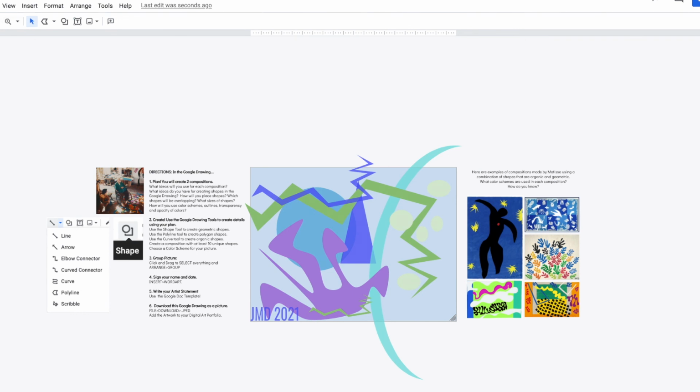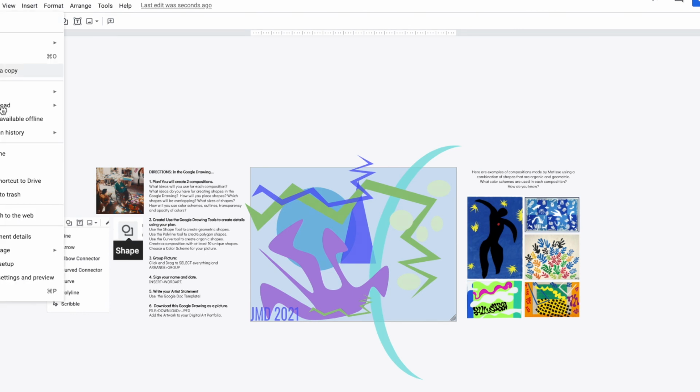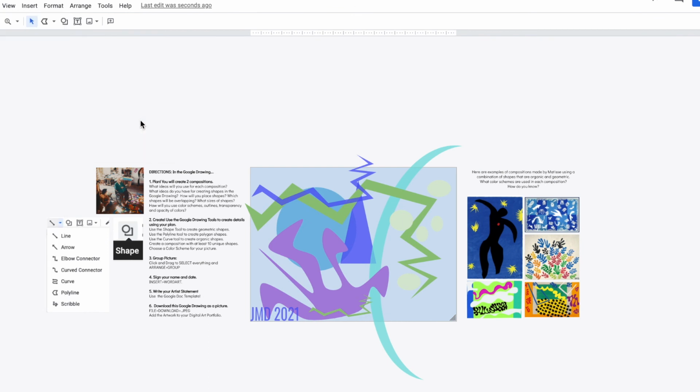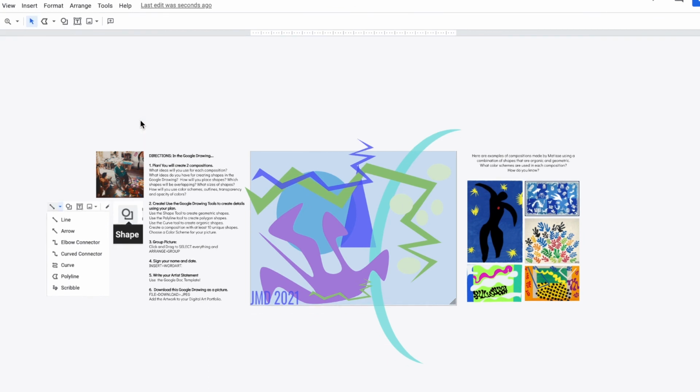And now it's time to write our artist statement and then download our picture to put in our digital art portfolio by clicking File, Download JPEG Image. We're going to talk about writing the artist statement together in class, but you want to make sure that you've made 2 compositions. This composition, I used the cool color schemes. I used blue, violets, and greens. I wonder what color composition you will choose for your 2 compositions. They can both be different,